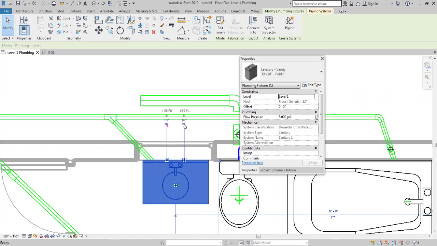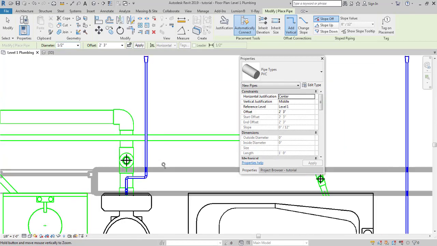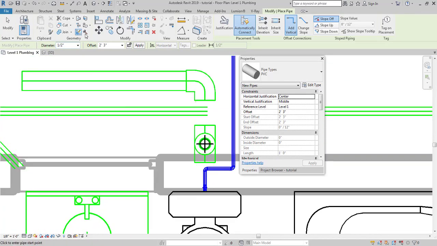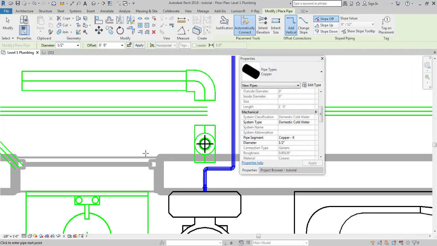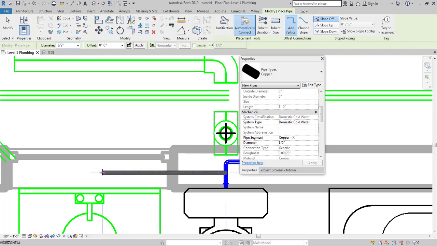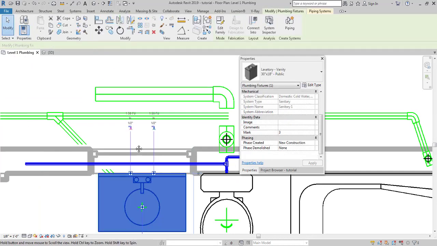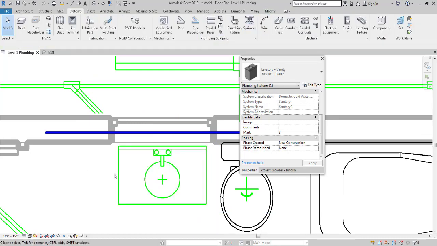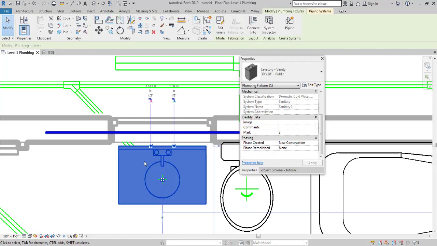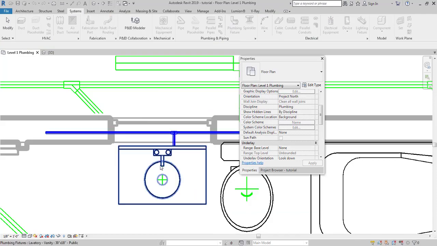Same goes for this pipe, 1.5 inch. And instead of connecting it all the way with the main line, what we can do is give it 0 feet over here, copper, domestic cold water, and we can create a branch right from here. When you create a branch, yep, we did create a branch. And what I'll do is directly connect this into this. You can directly connect the pipe with a plumbing fixture by using this icon, connect into, click on it, domestic cold water, OK, and select.